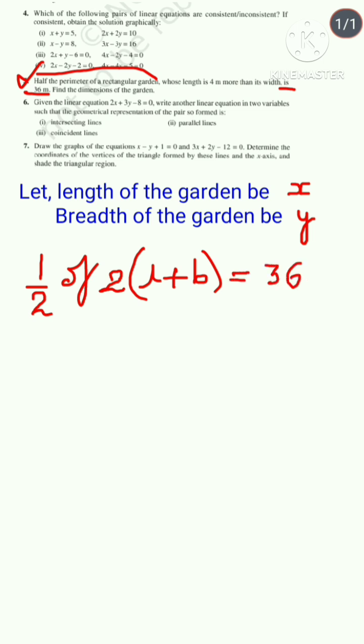Now these two and these two can be cancelled, and here remains L plus B equal to 36,